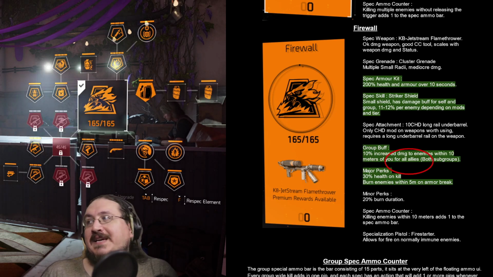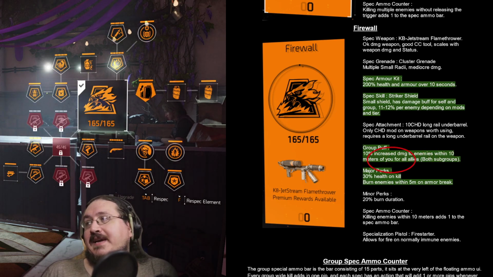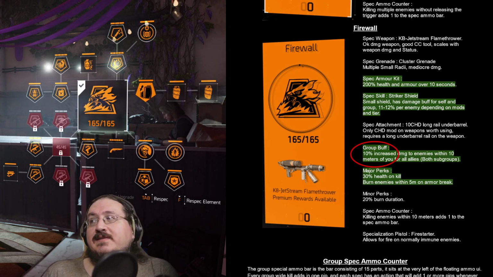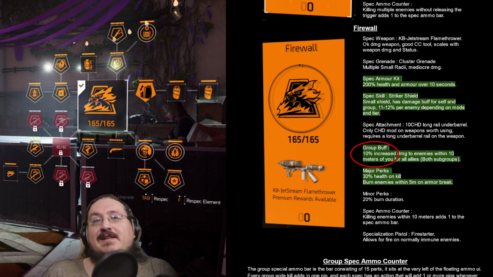And this wording of it being all allies instead of group means that it's both subgroups. This is also making this one of the best group buffs if ran with the correct build. Because if you're sitting in the back with a striker and you're not in the range of any of the enemies